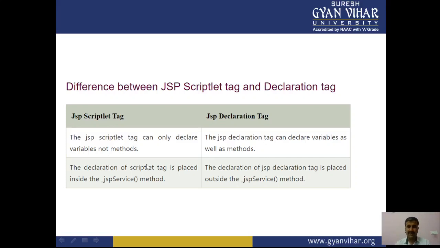So it's simple. These are the certain differences between the JSP scriptlet tag and the declaration tag. The main difference is that the JSP scriptlet tag can only declare a variable, not a method, but in the declaration tag you can declare methods as well as variables.